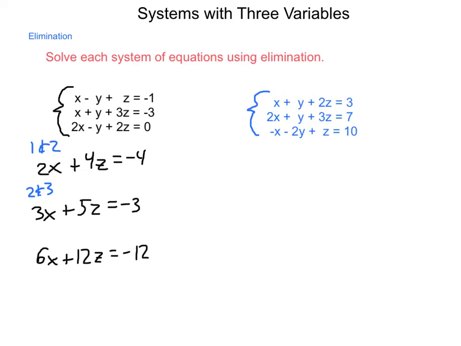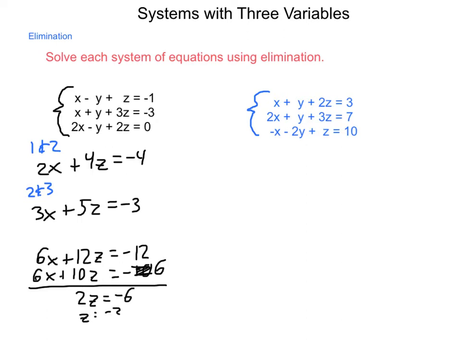And multiply the second new equation by 2, and I will come up with 6x plus 10z equals negative 6. Now I have 6x in both locations. If I simply subtract my equations from one another, I will end up with 2z equals negative 6,